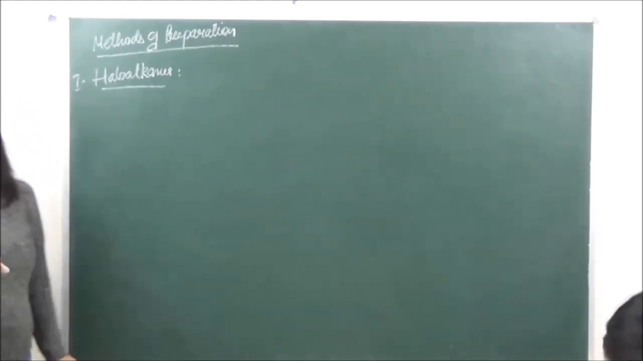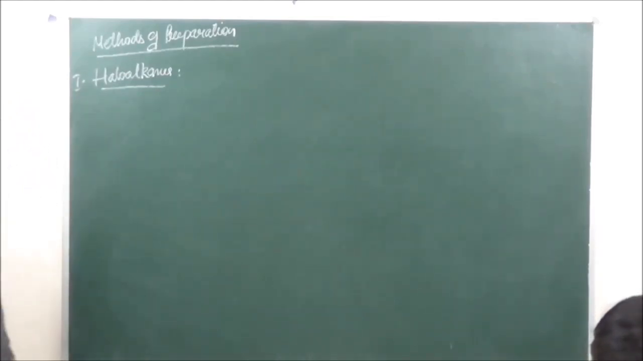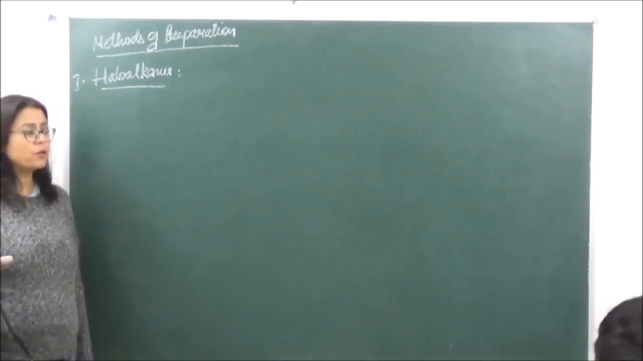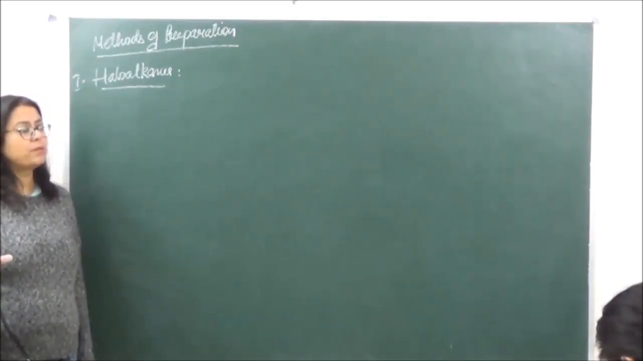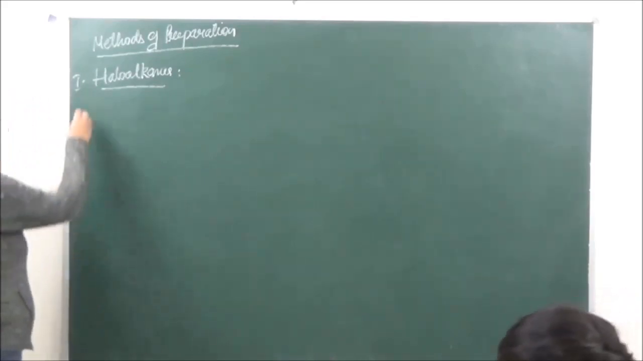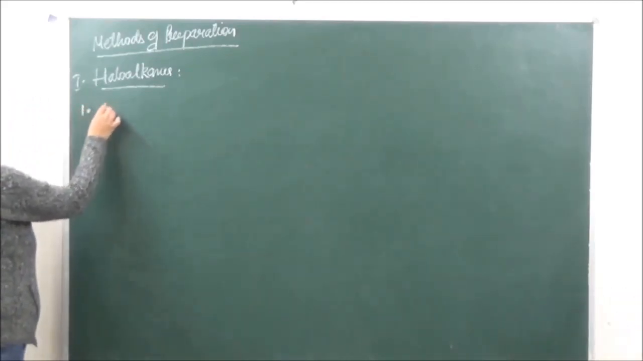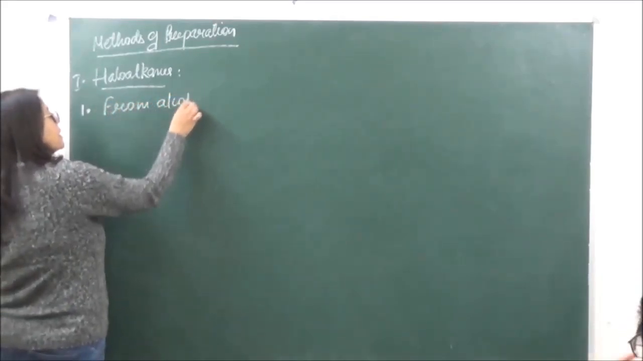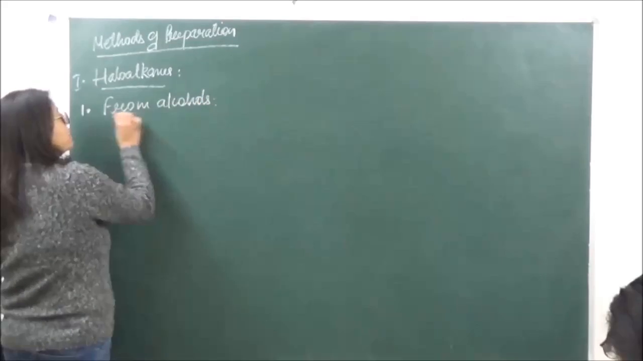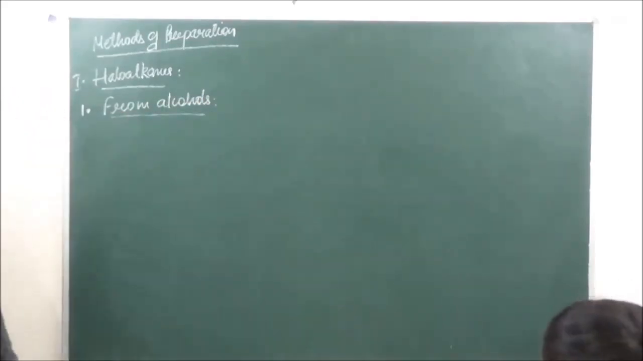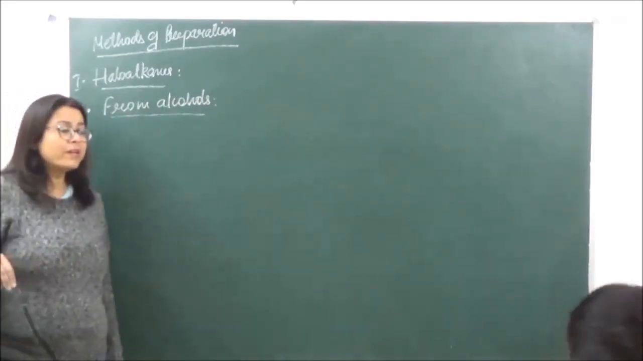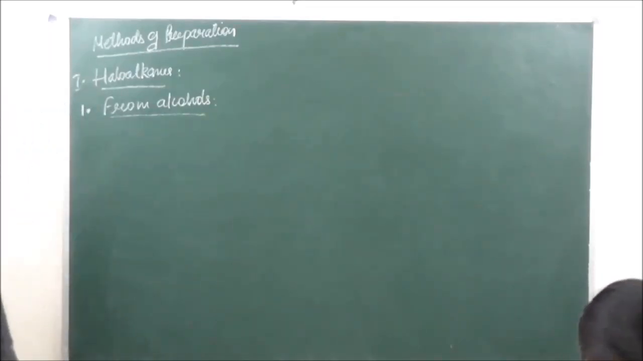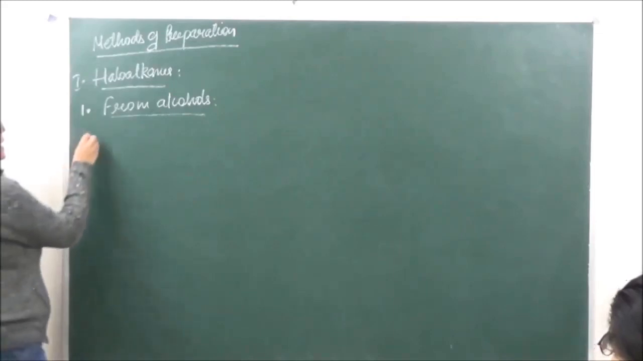When we do the methods of preparation of haloalkanes, there are going to be various substitution reactions which we will come across. So let's do it. First of all, we will do it from alcohols. Alcohols are those derivatives of hydrocarbons in which the hydrogen has been replaced by an OH group. In alcohols, the first method is by action of